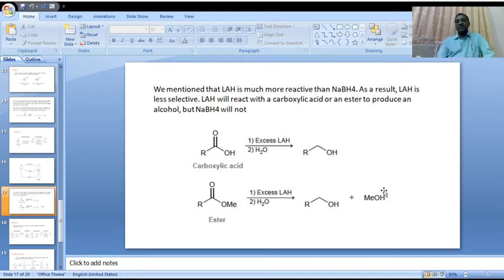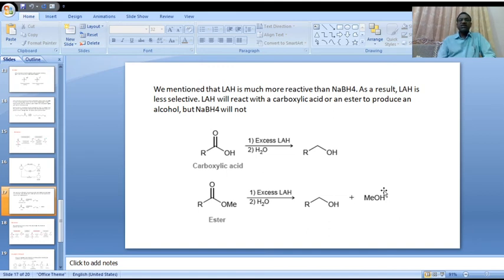As a result, LAH is less selective, because it is more reactive and a strong reducing agent. It undergoes reactions